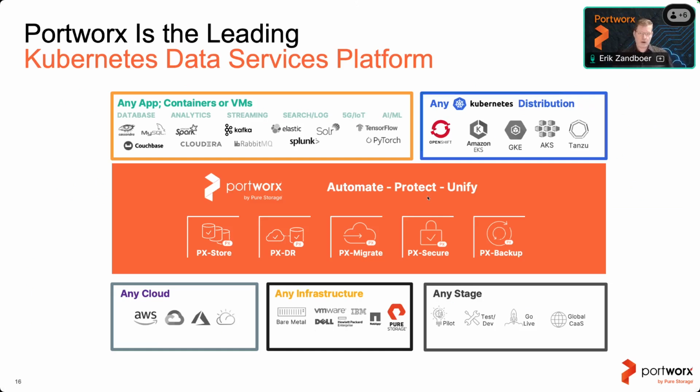You can deploy ARO, the Azure Red Hat OpenShift, or the AWS equivalent, ROSA. So basically getting OpenShift inside public cloud. You can run it on any infrastructure, right? You can run it locally. You can have it backed by any vendor storage array, any local disk, or of course any cloud drive inside public cloud. As long as it's a block device, we can use it. And you can use it for any stage as well.